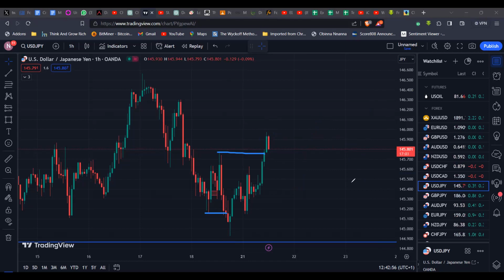So yeah, that's a quick rundown for our weekly outlook. Keep in mind, pay attention to XAUUSD pairs because we could see them begin to push higher this week. But we'll see how that goes.